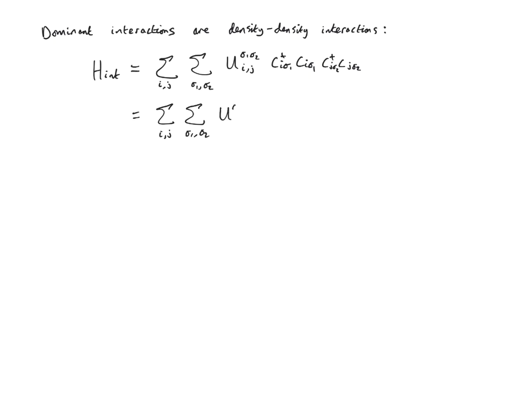These combinations c_i sigma 1 dagger c_i sigma 1, that's obviously the number of electrons in orbital i sigma 1, and c_j sigma 2 dagger c_j sigma 2 is the number of electrons in orbital j sigma 2. And in particular, for the Coulomb law,